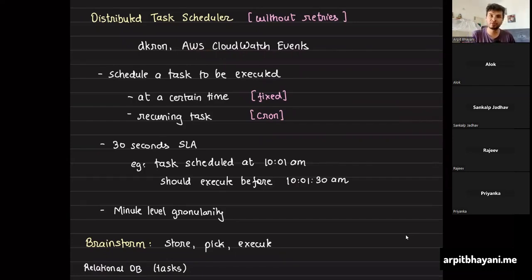Second, an open source variant of it is Dcron. And a lot of my understanding of the system comes from going through Dcron's code base. I had to set it up for a couple of orgs, and while I was setting it up, I got very curious how it maintains its SLA. So the best way for me to do that was to go through the code base, and I understood how it is guaranteeing those SLAs. Obviously, I've not built it in production. This is my understanding from the code base of how they are achieving execution at fixed time, and how they are achieving execution at recurring times.